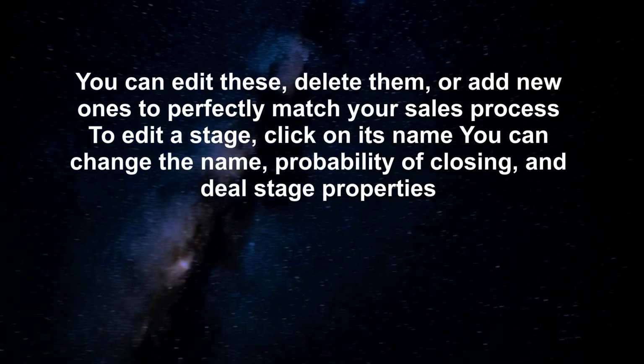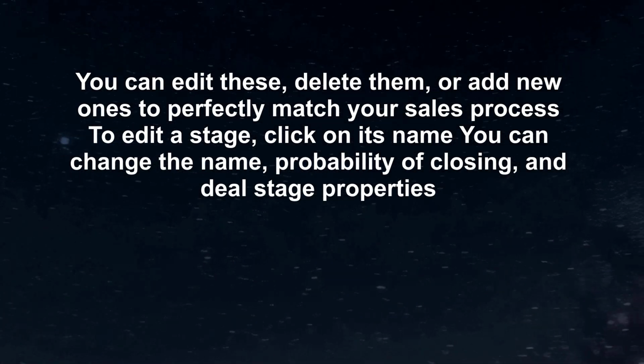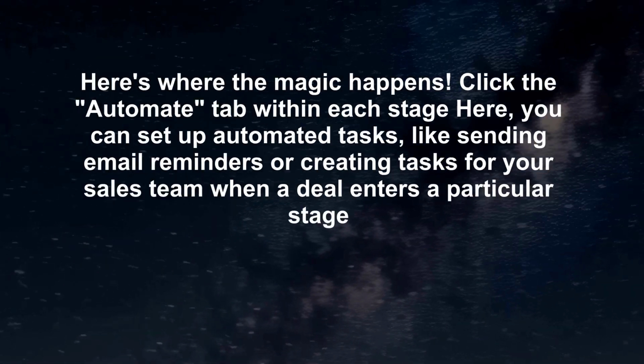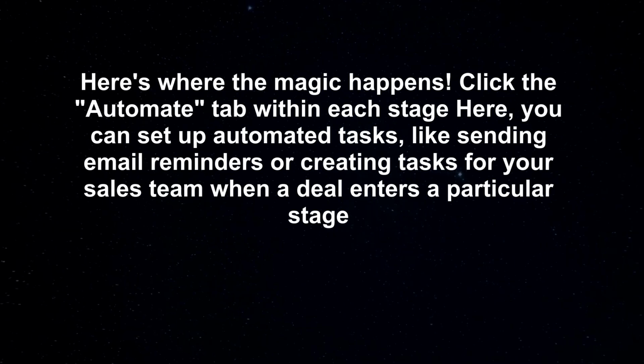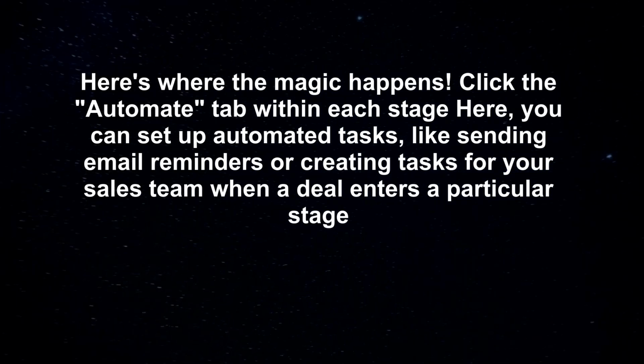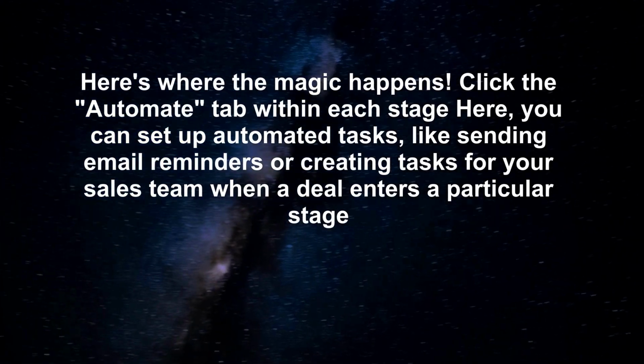To edit a stage, click on its name. You can change the name, probability of closing, and deal stage properties. Here's where the magic happens. Click the Automate tab within each stage here. You can set up automated tasks, like sending email reminders or creating tasks for your sales team when a deal